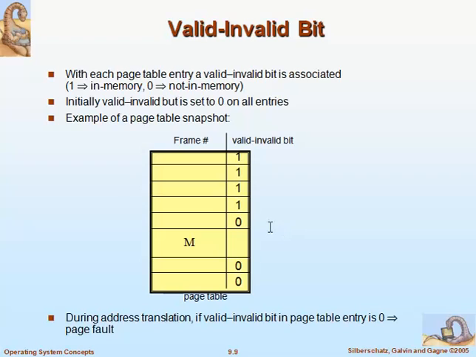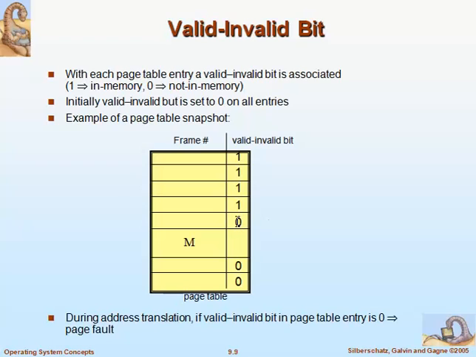The operating system will check whether this is an invalid reference of the memory, that is, whether the logical address that is generated is not in the process address space, so it is beyond the process address space. At that time it can be an invalid reference to the address space. In that case, the operating system will abort the program. So we will not allow invalid references of the memory. The other meaning of 0 could be either an invalid reference of the memory, or a valid reference to the memory.